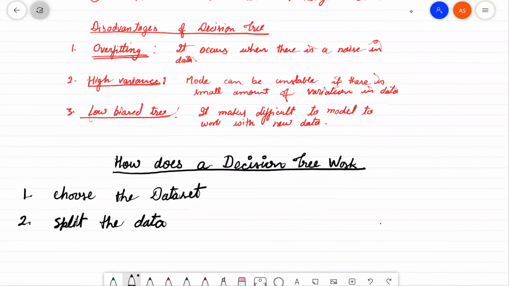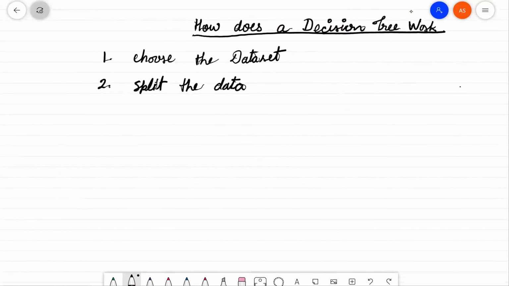How will we decide which attribute among all the attributes of the data set will be our root node, which will be our sub nodes, which will be our leaf nodes? For splitting the data into sub nodes, there are two most important terms. One is entropy and second is information gain. On the basis of entropy and information gain, we will split our data and decide that this particular attribute will be the root node, or that this attribute will be further subdivided into other attributes.